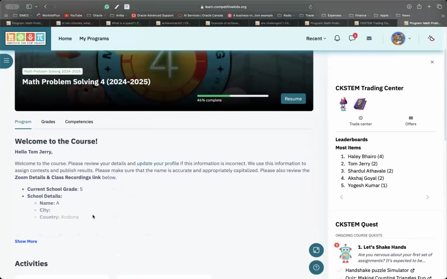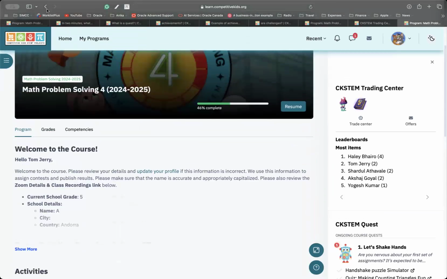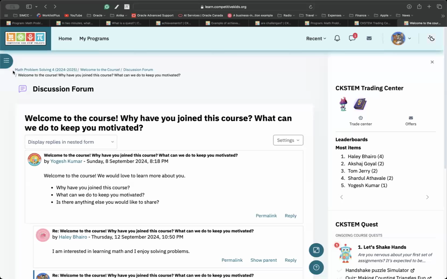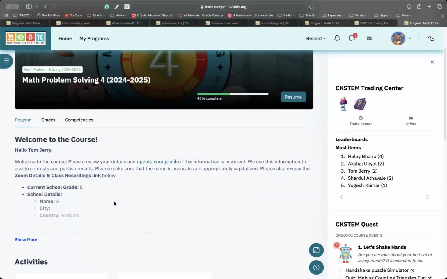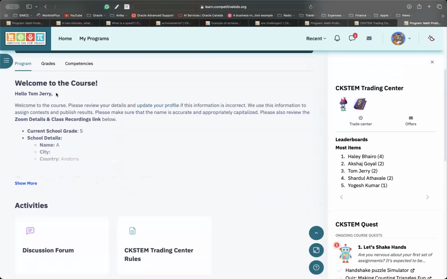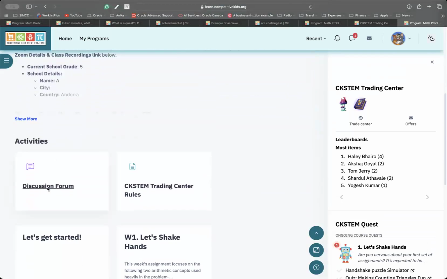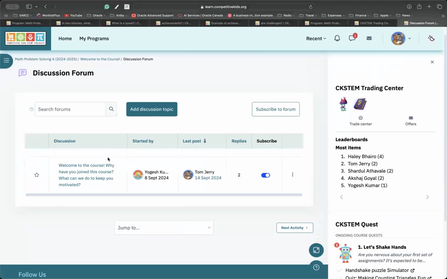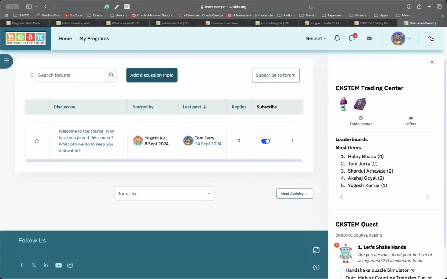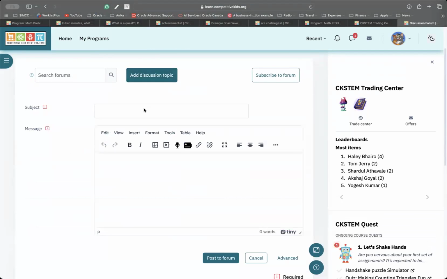If I go to the main page, again, remember the navigation. I will show you again. At the top, you always see something like this. If I click on this, it brings me back to my main page. I'm here. I can see my name is Tom and Jerry, and you see discussion forum. If you have a question, or you want to talk about something, you can always add a discussion topic and say,